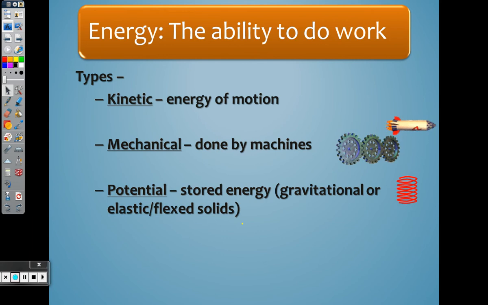Now there's two types, and we'll talk about both of these. There's gravitational, and then there's elastic. Gravitational is real simple. If you push something off your table, what happens? It falls. That's all gravitational potential is. It means it's off the floor. If it goes off the edge of an object and falls to the ground, that's gravitational. It just means that it's lifted off the ground.